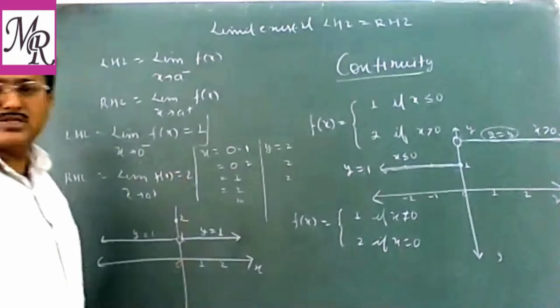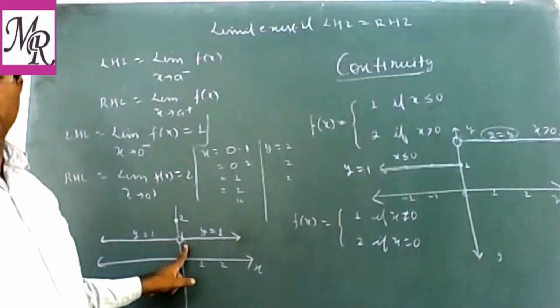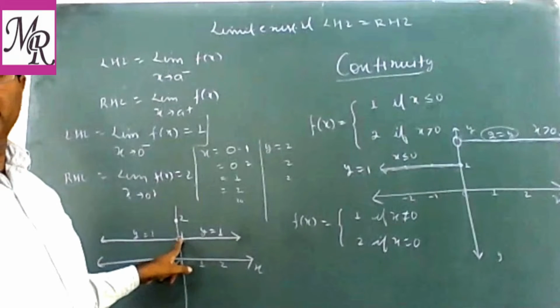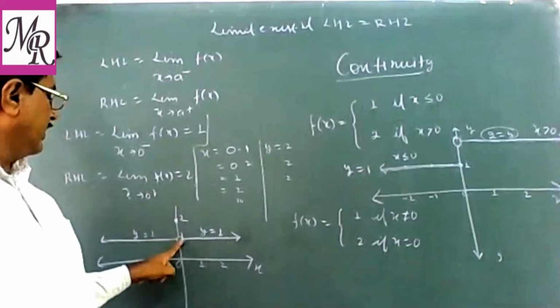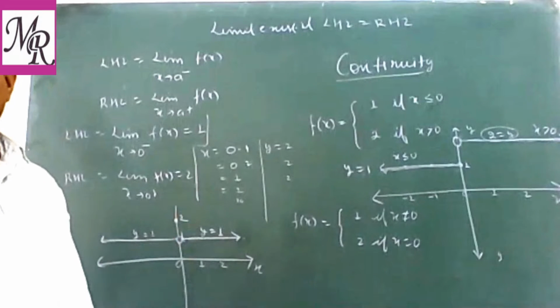So again you can say we are not able to draw the graph in one stroke. यहाँ पर भी क्या है? यहाँ बीच में खाली है. We have to lift the pen here. So if you are drawing the graph, then move here. Then again start with this. So this is also not a continuous function.